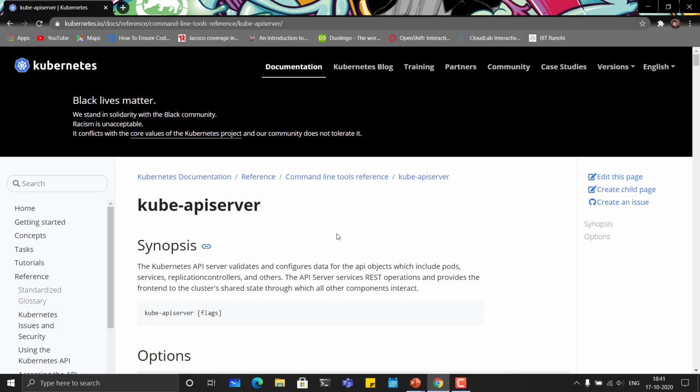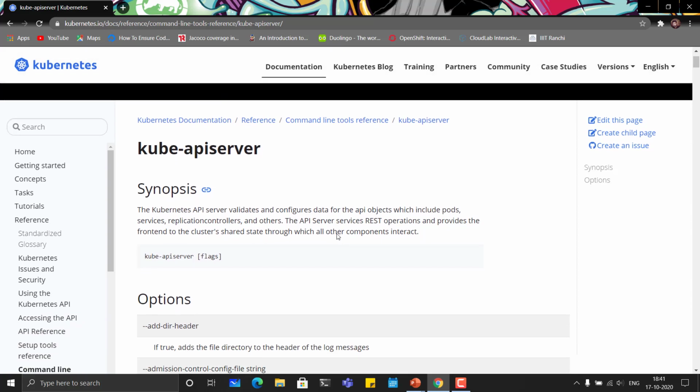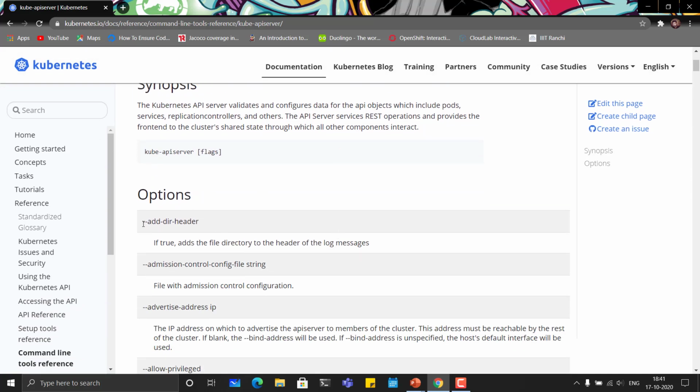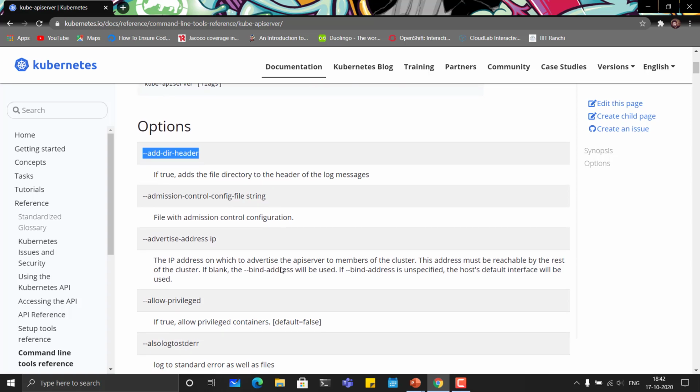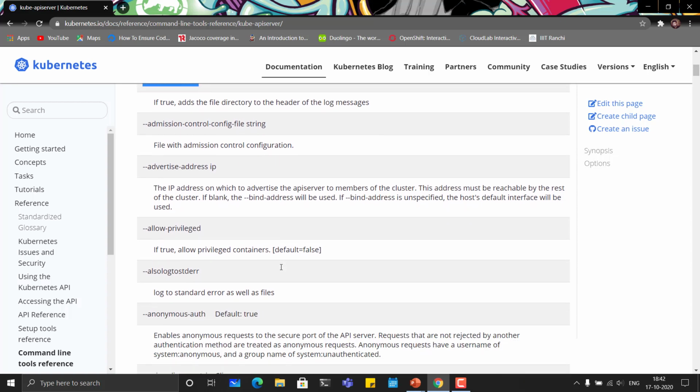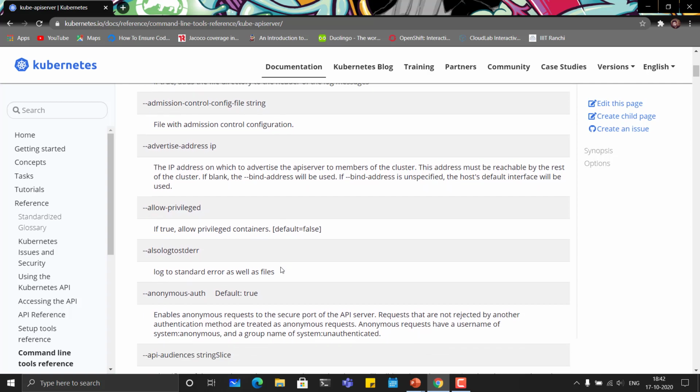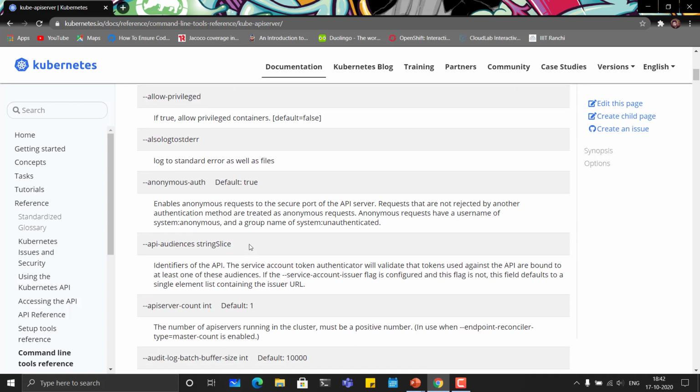Okay. So this is the documentation and command line configuration of the Kube API server, where you'll find different flags and different options available to configure your Kubernetes API server. You should have knowledge about these, because when you try to create your own cluster or modify something, you should know what is happening when you write any particular flag or option, right?